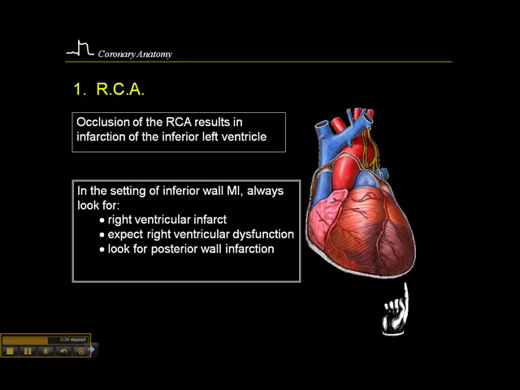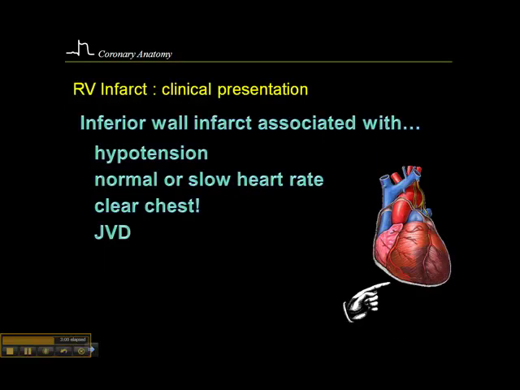Now, I want to talk briefly about acute right ventricular infarcts associated with inferior wall MI. So whenever we see an inferior wall MI, a gold standard is we have to do right-sided precordial leads to see if there's evidence of an RV infarct. This is considered the gold standard in the hospital. It's also considered the gold standard in the pre-hospital setting. And so we do a 12-lead ECG. If we see an inferior wall MI, we do right-sided precordial leads, and I'll talk about placement of those leads later. And if there's evidence of an RV infarct, the patient with an RV infarct will present in a way